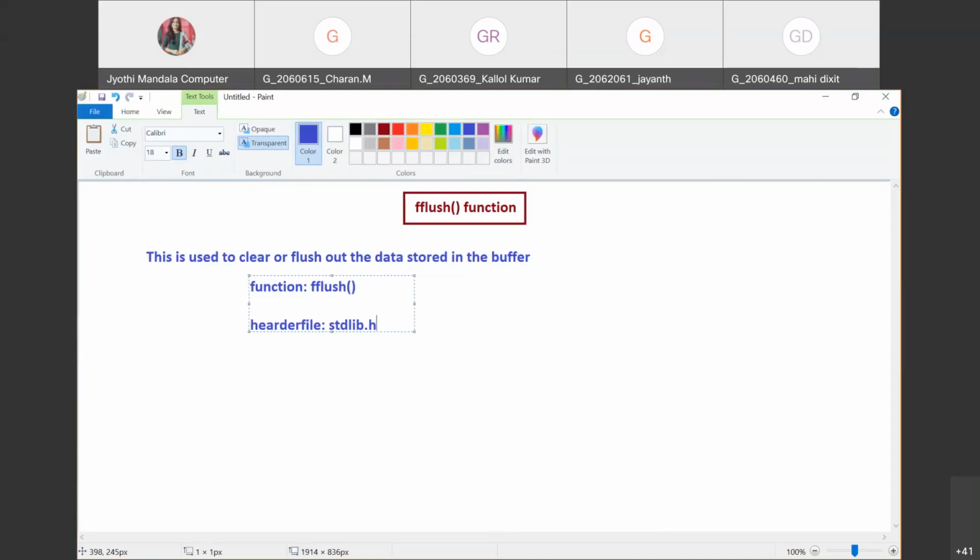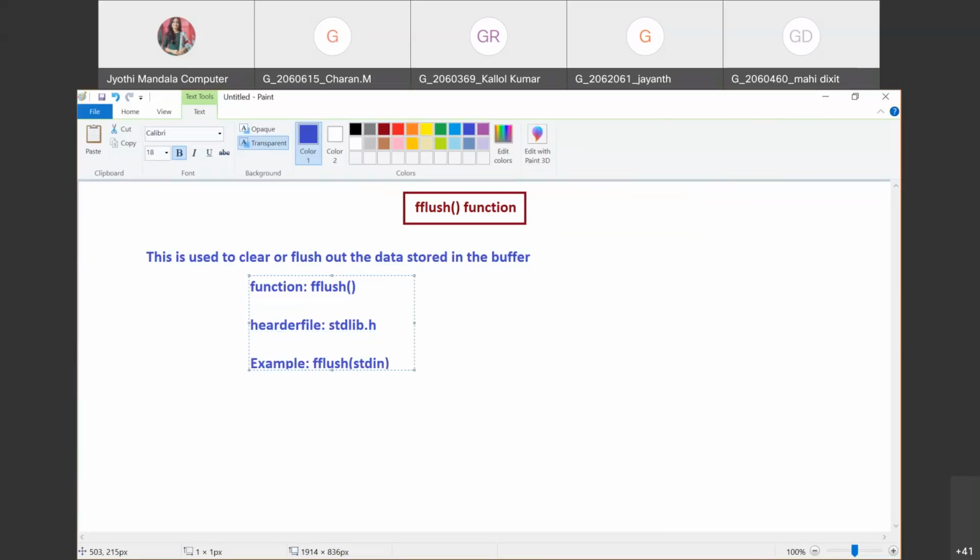Now, whenever you want to use this fflush, I'll give you one example. Suppose you want to flush out the data of the buffer which is storing the input, that is the input buffer. In that case you need to write fflush(stdin).